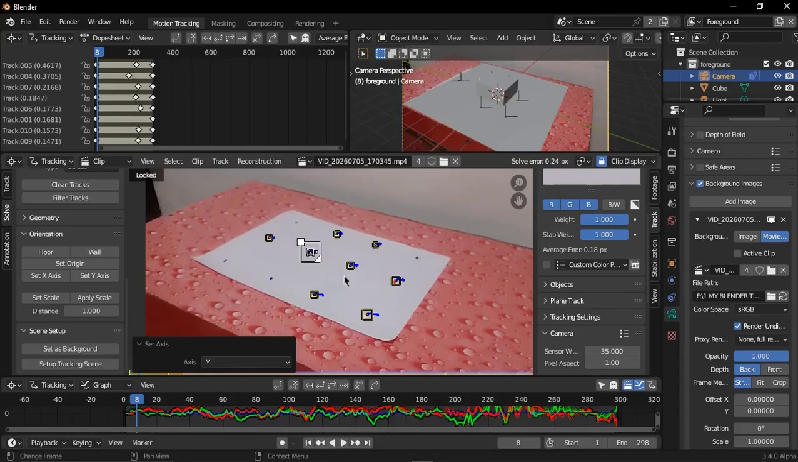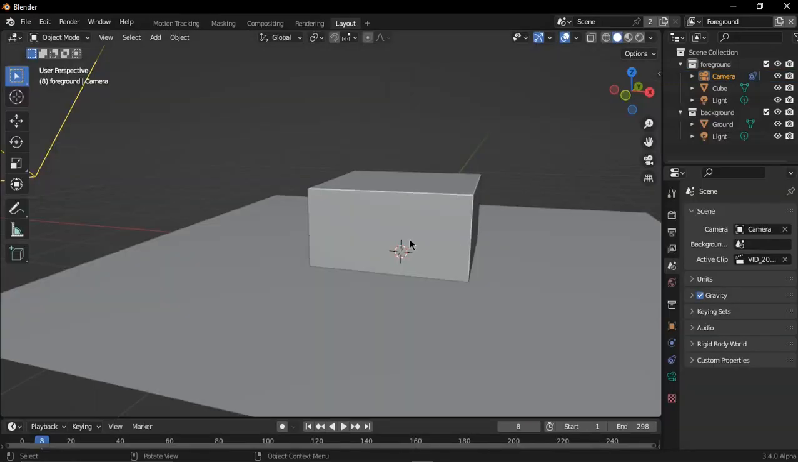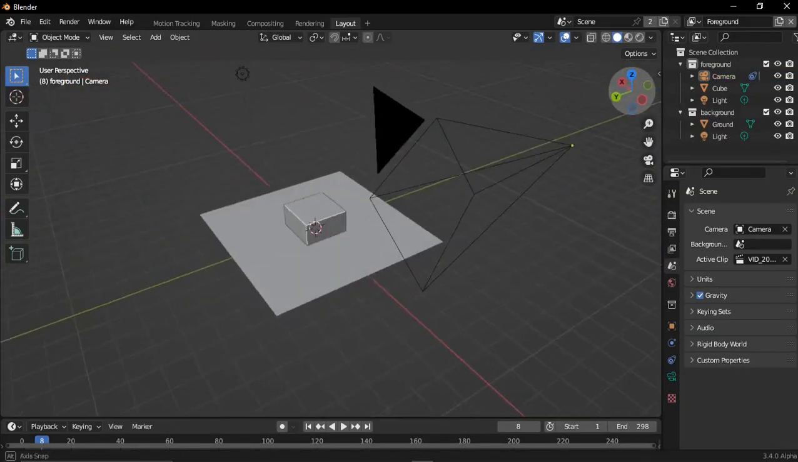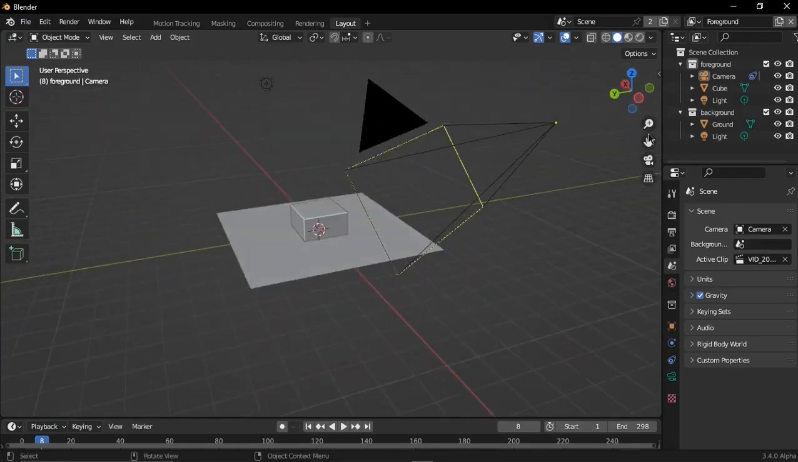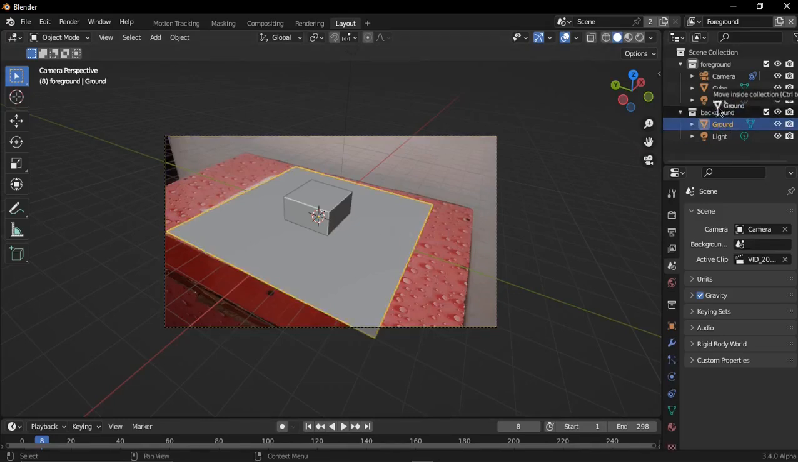Done. Tracking process done, and click the plus icon, go to General, add Layout. Very good. And go to camera view and select the plane, drag to foreground